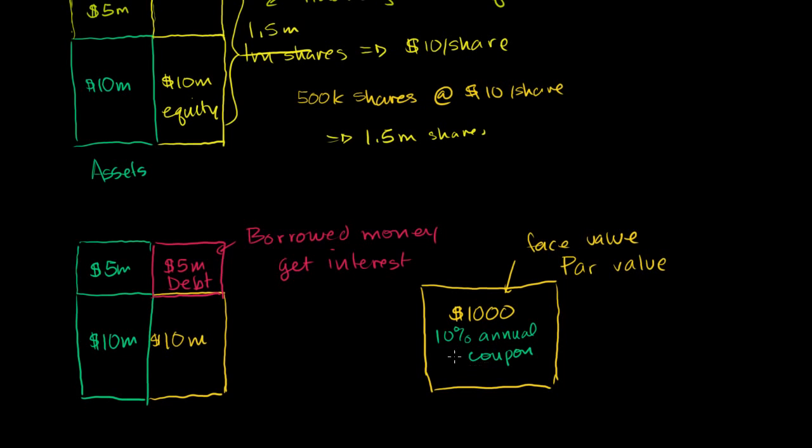The date that not only will I pay your interest back, but I'll pay the entire principal, the entire face value. So let's say the maturity is in 2 years. So in this situation, in order to raise $5 million, I'm going to have to issue 5,000 of these, because 5,000 times 1,000 is 5 million. So times 5,000.